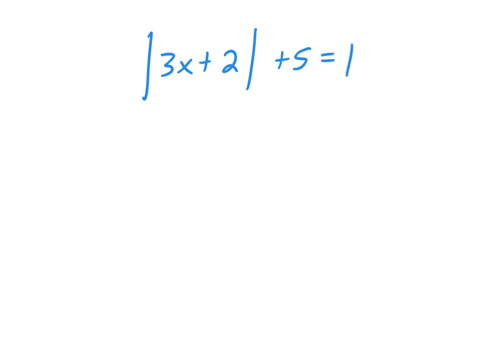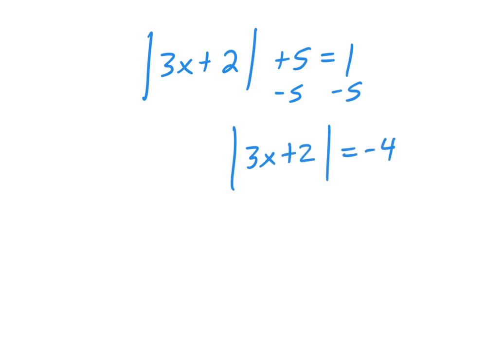Okay, just like the rest, if we have absolute value and I have something on the outside of that absolute value, I want to get that absolute value all by itself. So the first thing I would have to do to get the absolute value by itself here would be to do what? -5. Okay, move that 5 over. So that gives me the absolute value of 3x plus 2